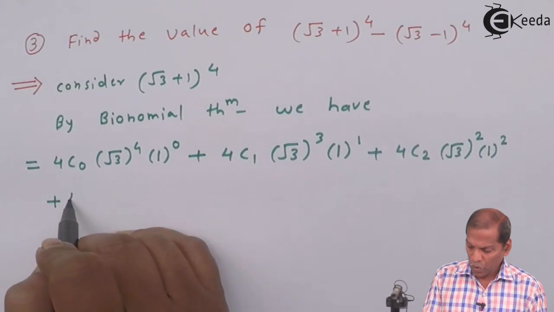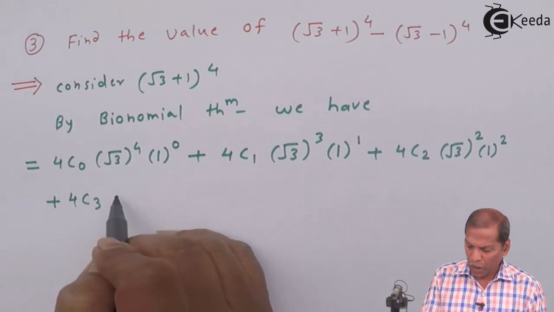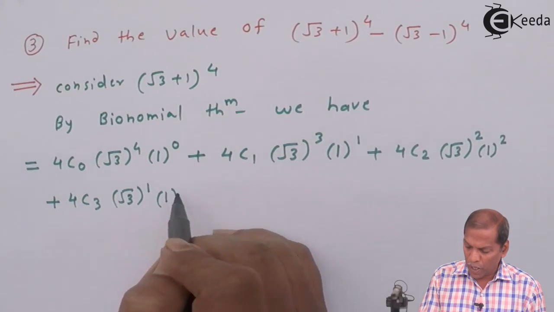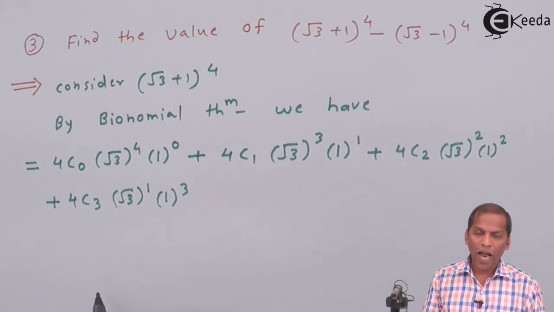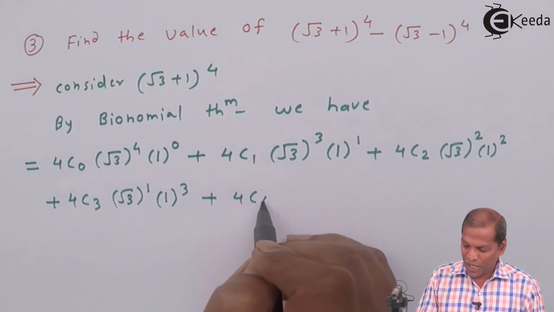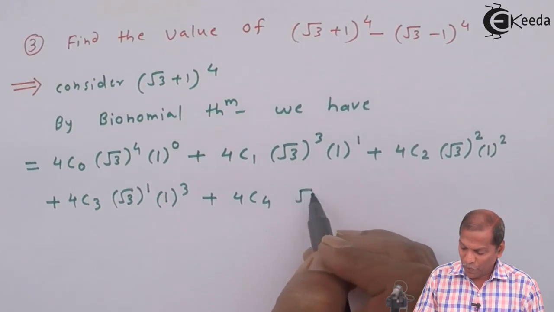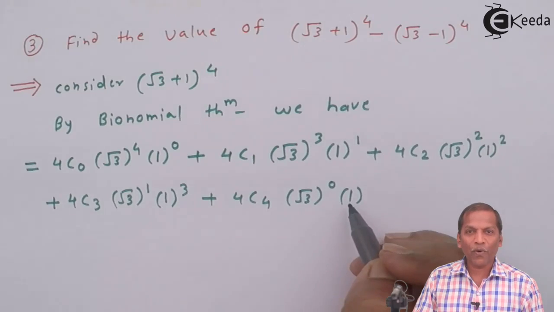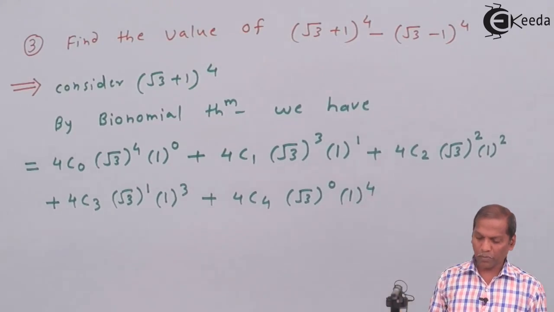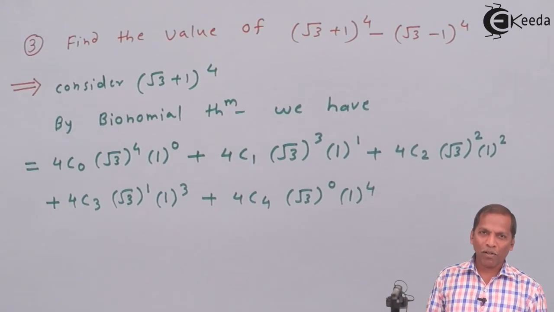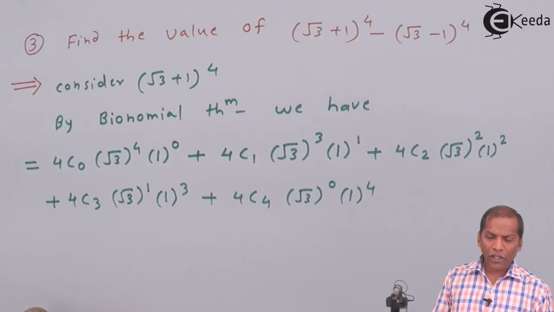plus 4c3 into root 3 raise 1 into 1 raise 3, and finally plus 4c4 into root 3 raise 0 into 1 raise 4. So this thing we get by using binomial theorem. So the next step will be